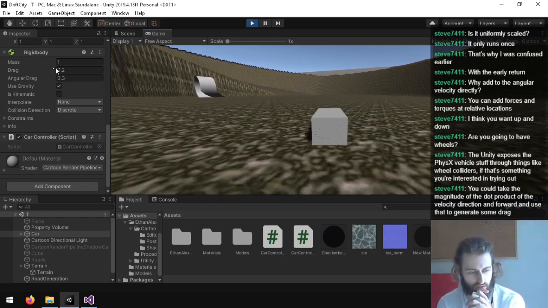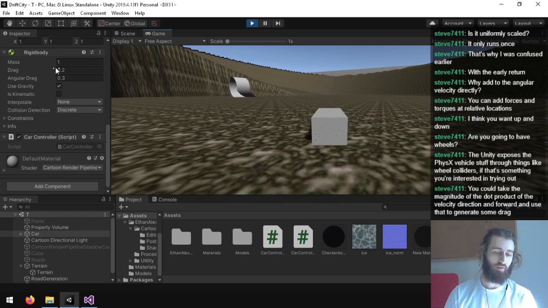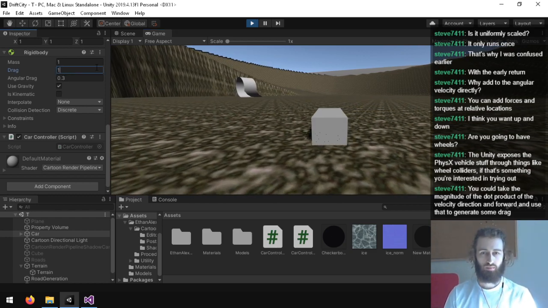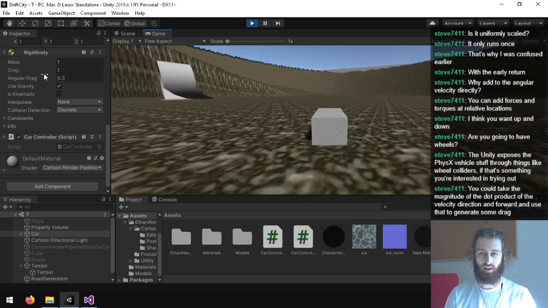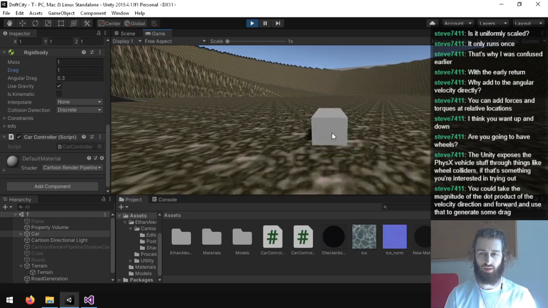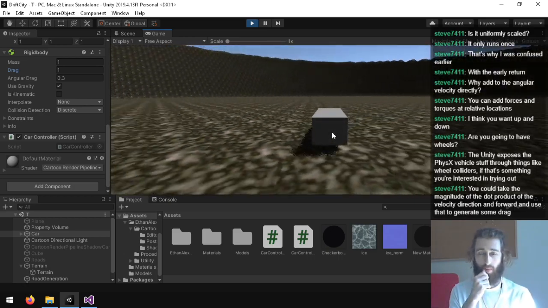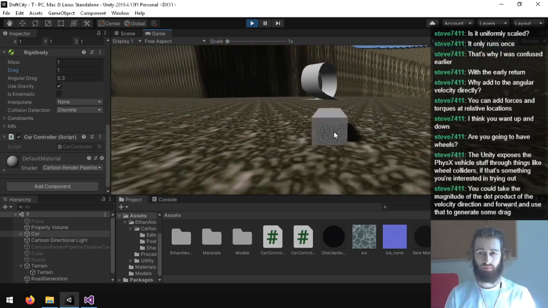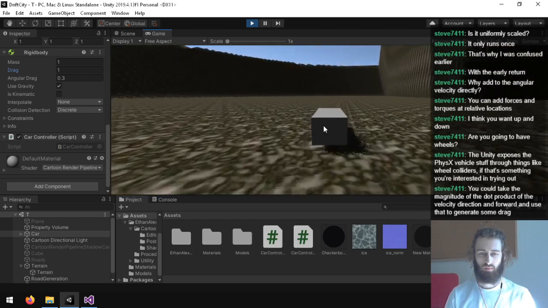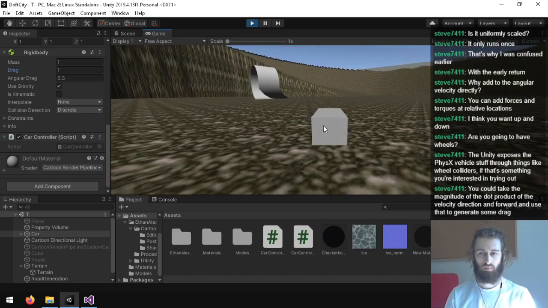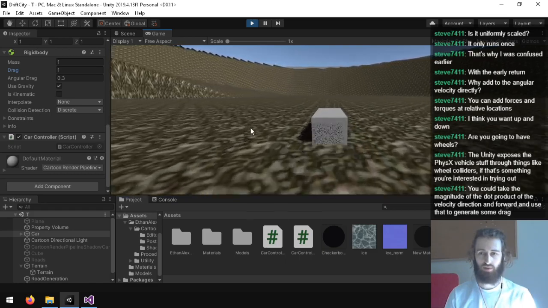See, but then the thing is, when it's not grounded, we won't really have the drag. And the drag definitely seems to limit the max velocity. Actually, I don't know. That feels pretty good. Except for the fact that it feels like it doesn't have wheels.